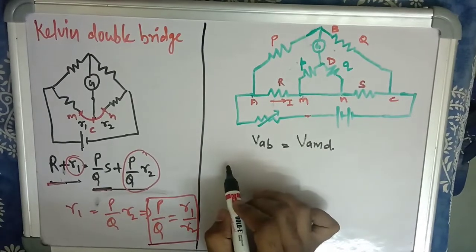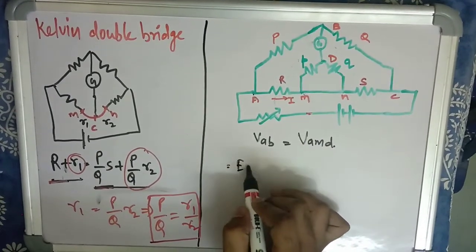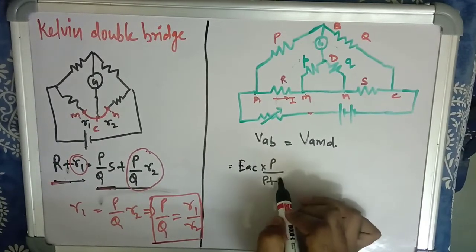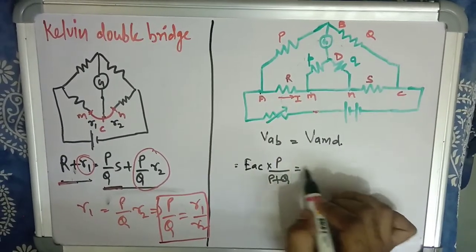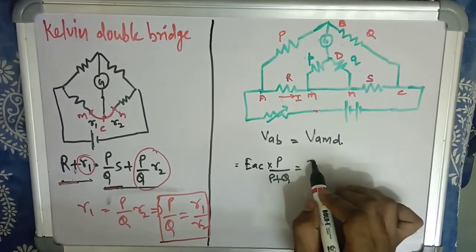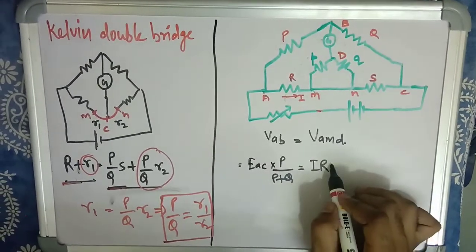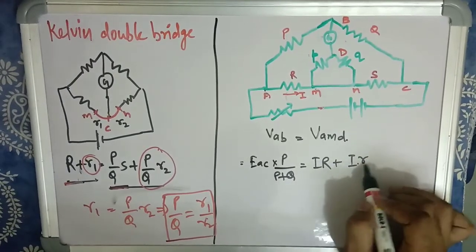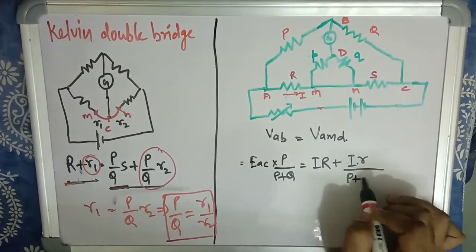So VAB equals EAC into P upon P plus Q, and VAMD is equal to I into R plus I into R upon P plus Q plus R